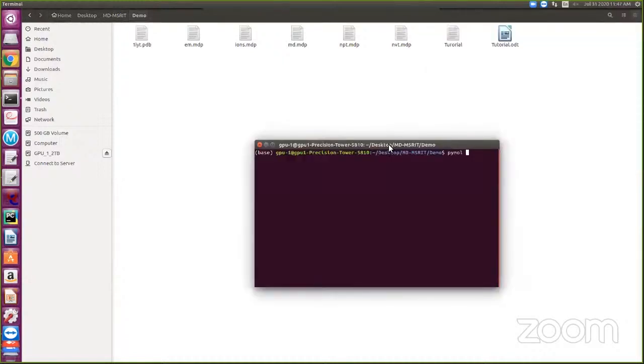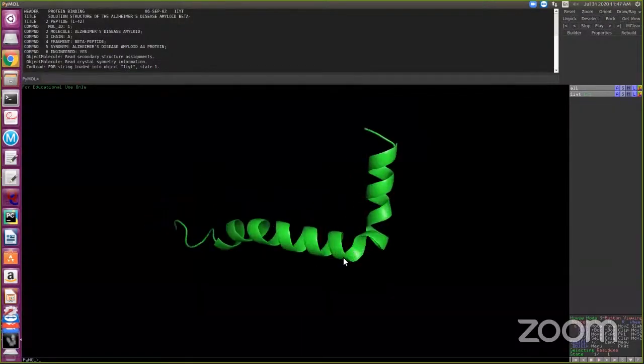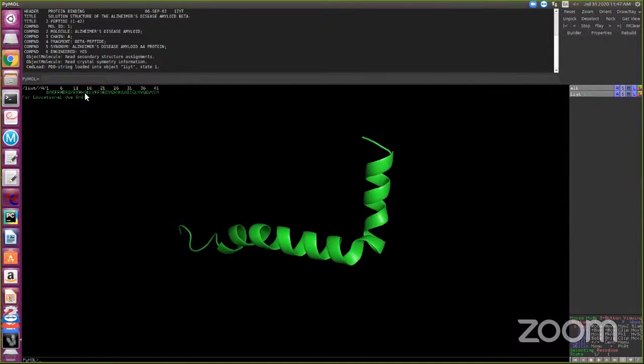Thank you. So I'll open the file again in PyMol. I just want to show if any missing residues are there. Somewhere in the structure you will get a gap, and in the sequence as well you will get some gap. From that you will come to know that some missing residues are present. With missing residues, you should not perform simulation.